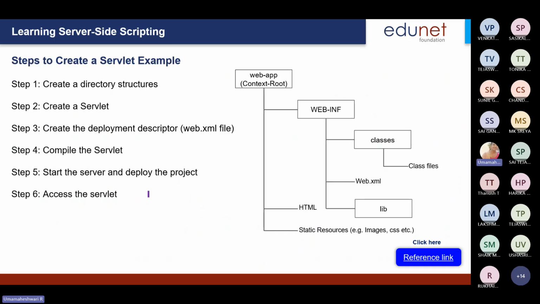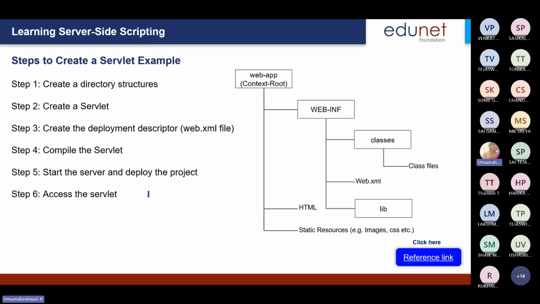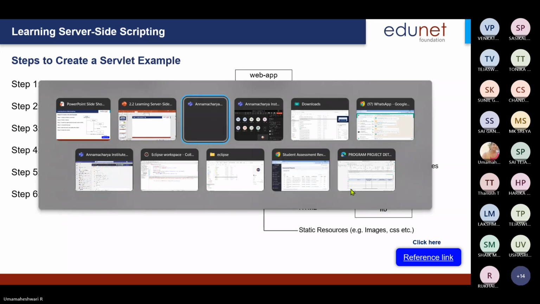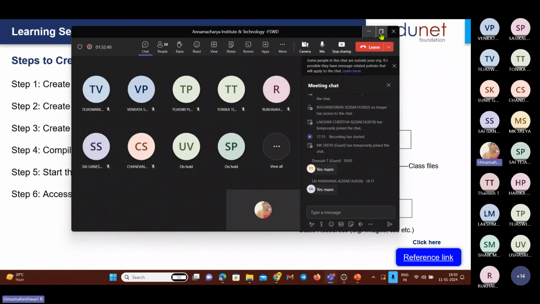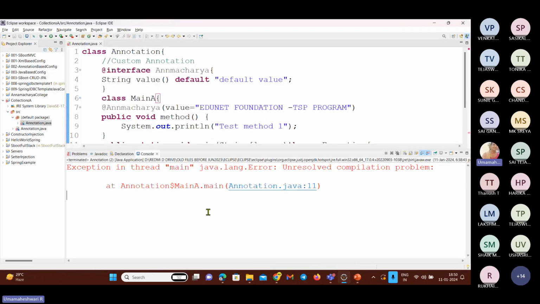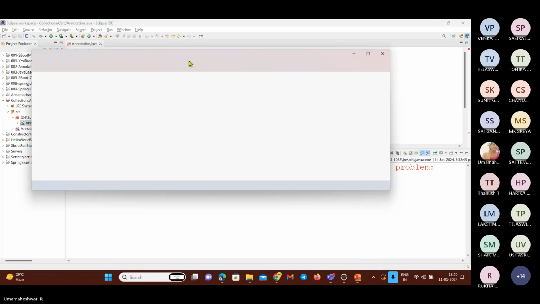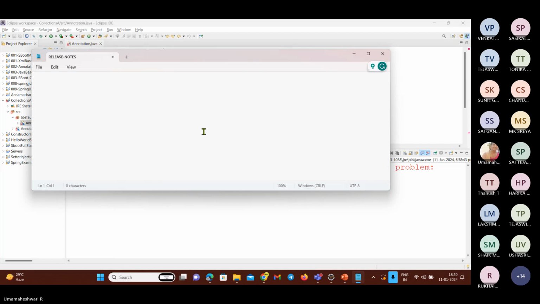And how to create a servlet example. Let's see this example. This is the way we are going to create it. I'll tell you how to create this. Before getting into this servlet part, you should make sure of two things. What are the two things? The first one is you should know